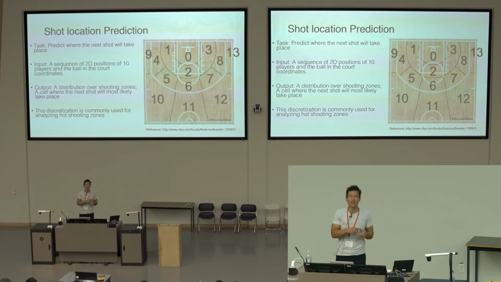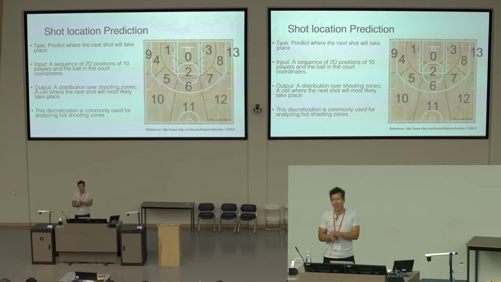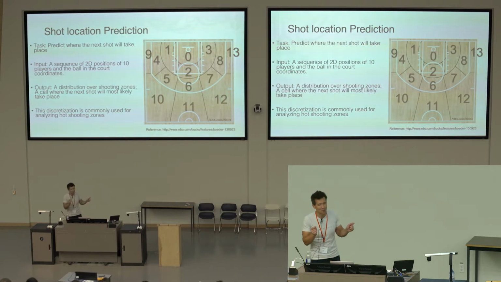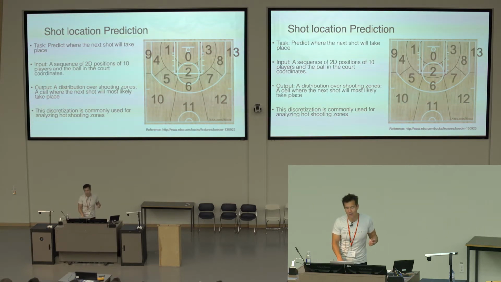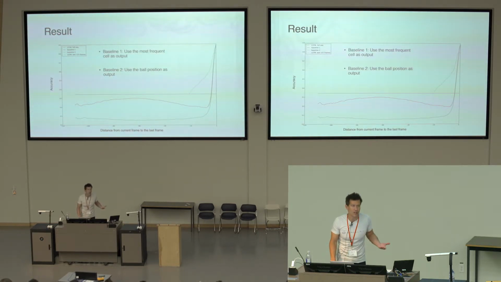The other naive baseline was, if I have trajectories of all of the players, and I know who has the ball, and you ask, where is the next shot going to take place? What's another good thing to guess? Whoever has the ball right now is probably going to take the shot. Okay, these are two very simple baselines. So we built methods that are trying to predict where the next shot is going to take place. And this graph is visualizing time to when the shot is going to take place.